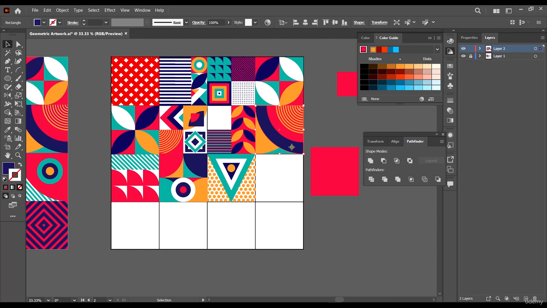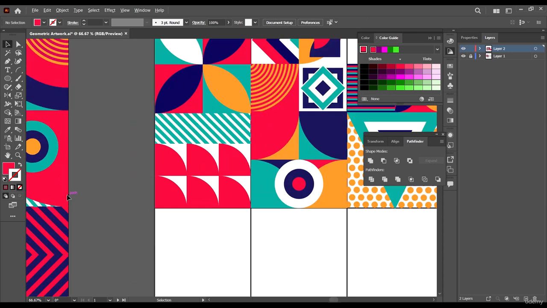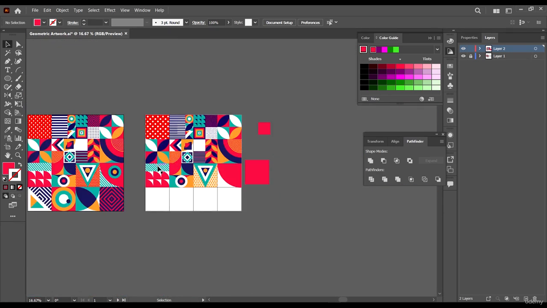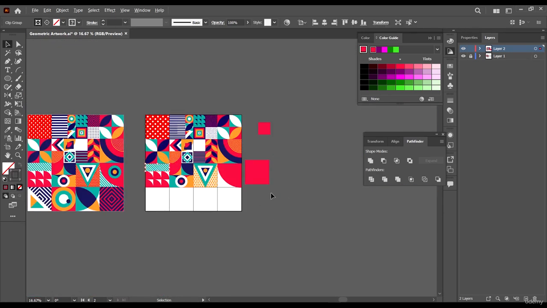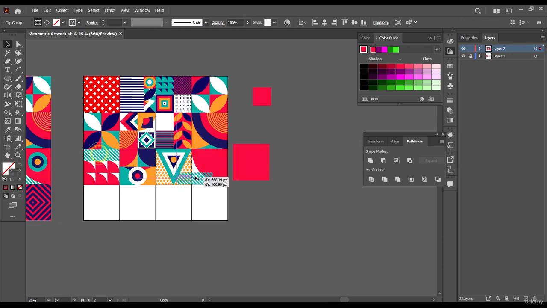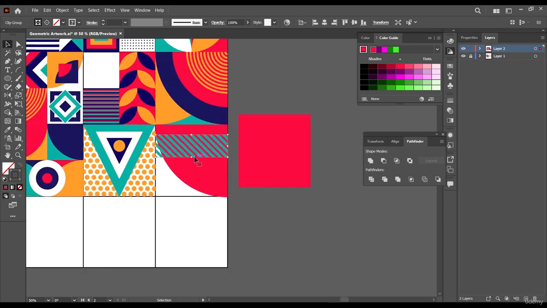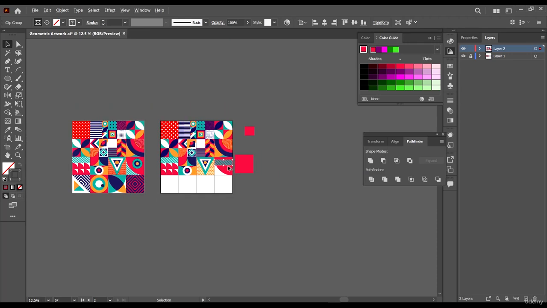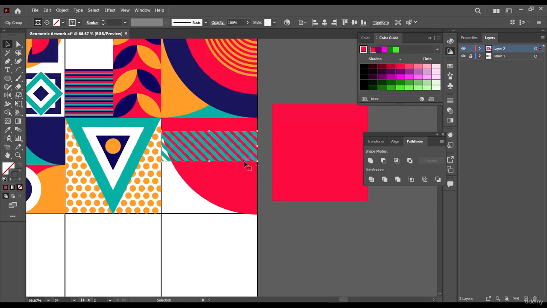Next one will be this guy, and it's very simple. Click, select and drag and sample your color. Then for these stripes we're going to use this one. Okay, hold Alt and drag them like this, and just